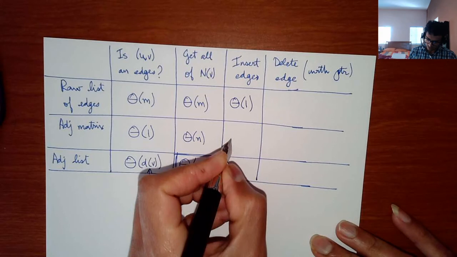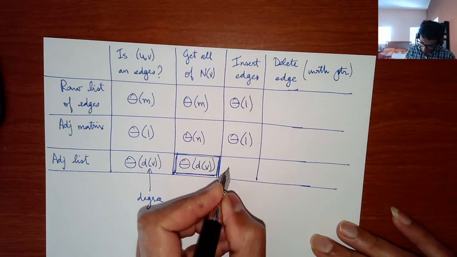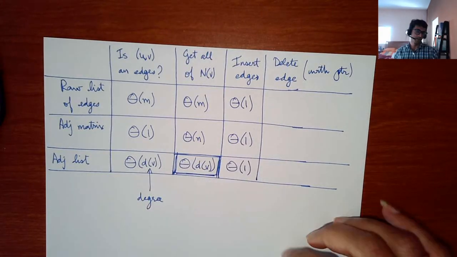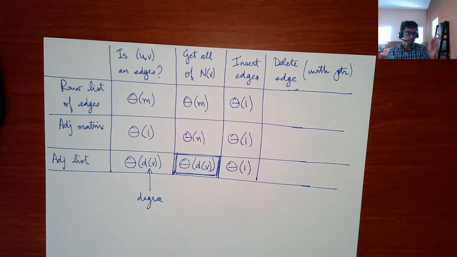But inserting here is also pretty cheap. And inserting here is also not that bad. Like you just have to insert in it. So the insert is actually pretty simple in all of them, although it's the easiest in the raw list of edges. If you want to delete an edge, given a pointer,